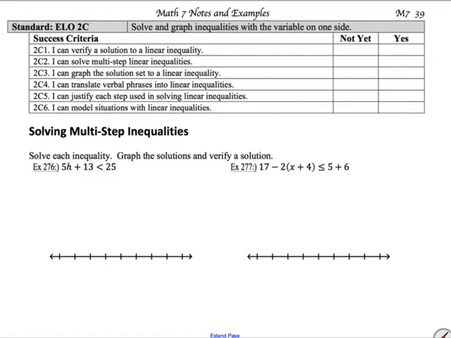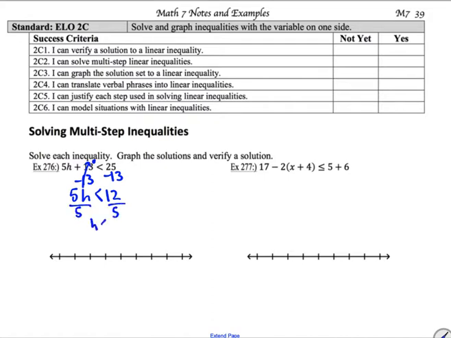Solve each inequality, graph the solutions, and verify a solution. Example 276. 5h plus 13 is less than 25. We get rid of the plus 13 using a minus 13. So negative 13 on both sides. This gives us the 0 that we need. 5h plus 0 is 5h, and that is less than 25 minus 13 is 12. Then we are going to divide both sides by the 5,